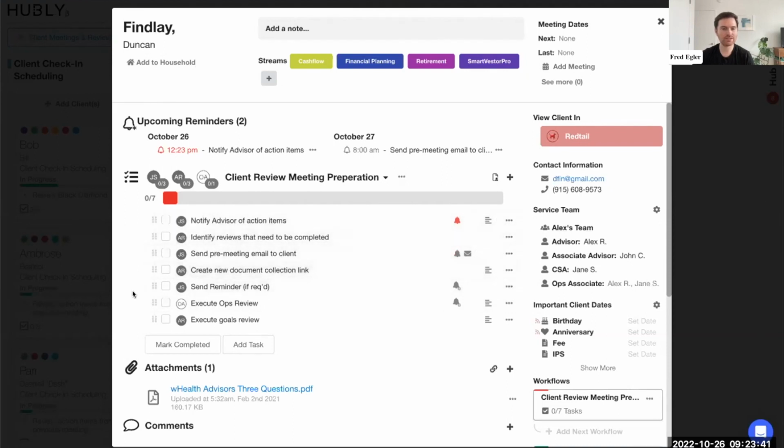And all of those tasks are assigned to a specific user, except for this task right here, which remains assigned to a specific role and not a user. And so why is that? That's because if you look over in the ops associate role here, 2 people actually are in this role for the contact, Alex R and Jane S. So Hubly is basically keeping that task assigned to the specific role, and it's going to send Alex R and